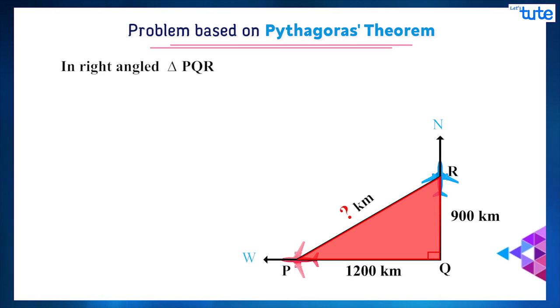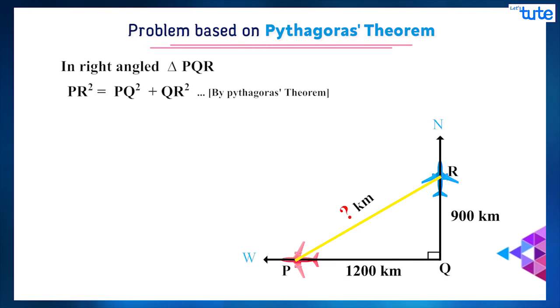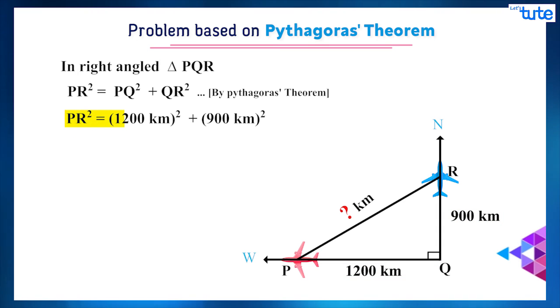So now in right angle triangle PQR, we have the measures of sides PQ and QR, and we need to find out the measure of side PR. So by applying the Pythagoras theorem to this triangle, we get PR square equals PQ square plus QR square. PQ, as we just calculated, is 1200 kilometers and QR is 900 kilometers. So by substituting these values, we get PR square equals 1200 kilometers the whole square plus 900 kilometers the whole square, which gives us PR square equals